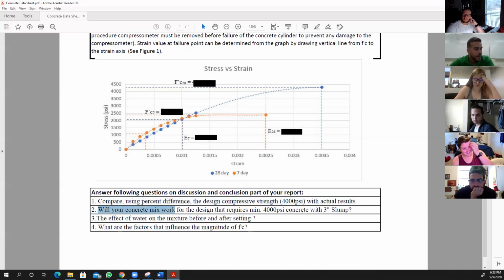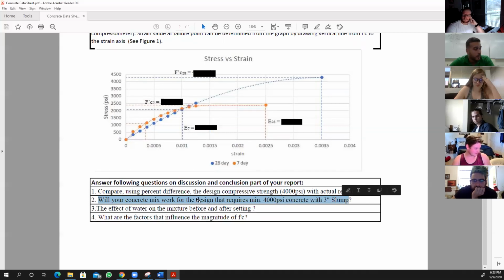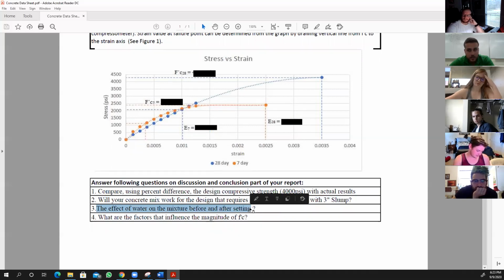Will your concrete mix work for the design that requires minimum 4,000 PSI concrete with a 3-inch slump? You answer. The effect of water in the mixture before and after setting: how water affects it. Somebody asked me this question, I believe it was Matt or Brad or Mark. So if you go back to the first portion of the video, the answer is there,